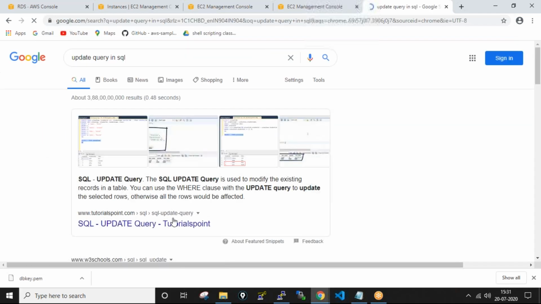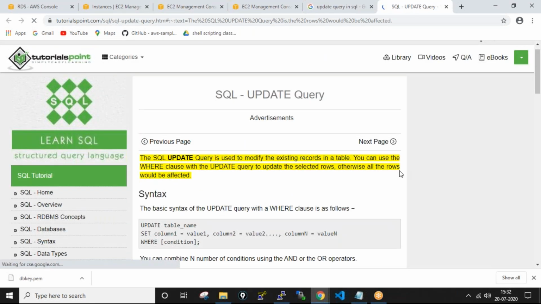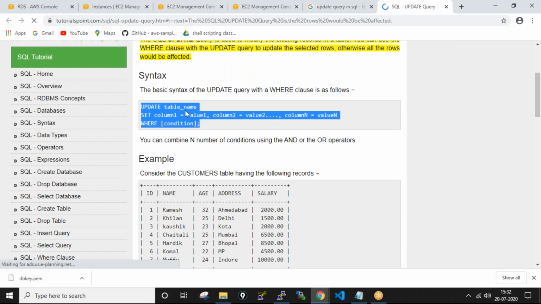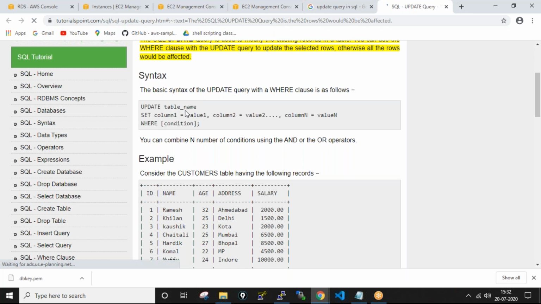Update query in SQL. So here it is having update table name. Okay, so now I'm going with update table ID.